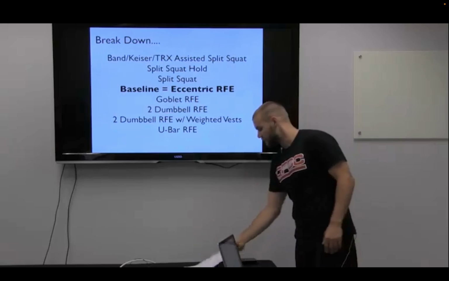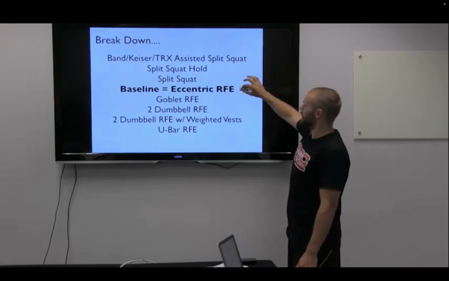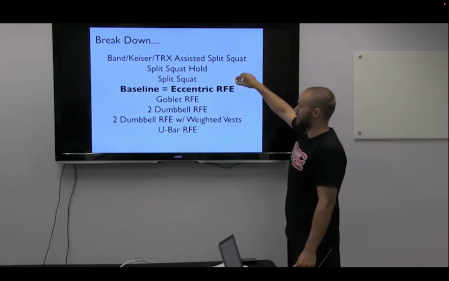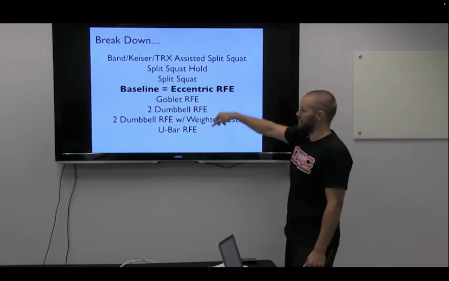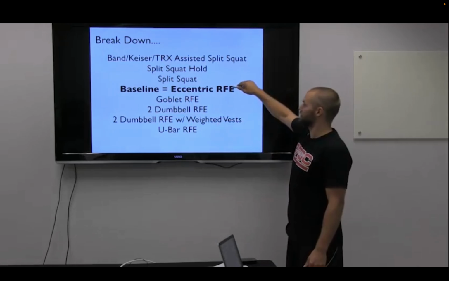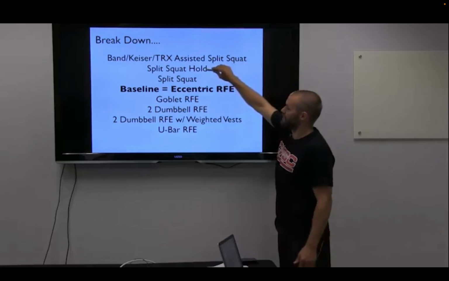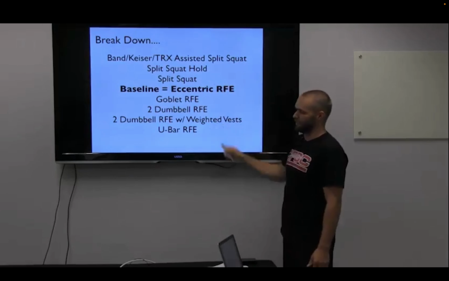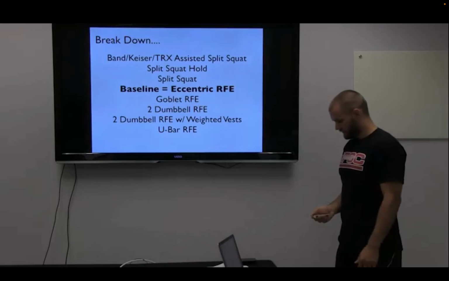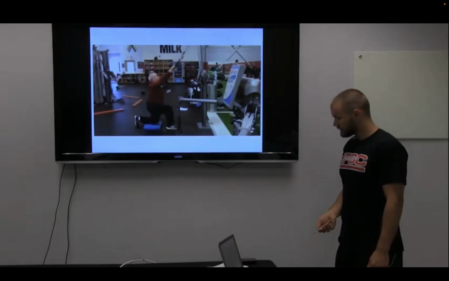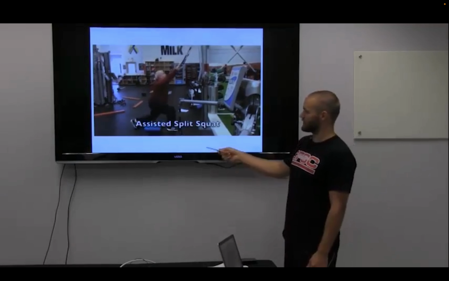So how it breaks down. On the sheet, when you get it, what you'll see is baseline is in bold, eccentric. Regressions are above, split squat hold, and then regressions are below. So we have an assisted split squat.